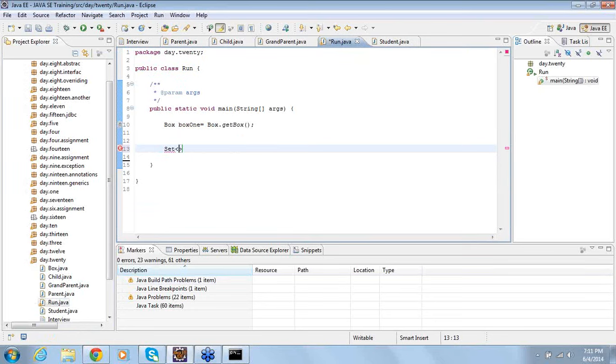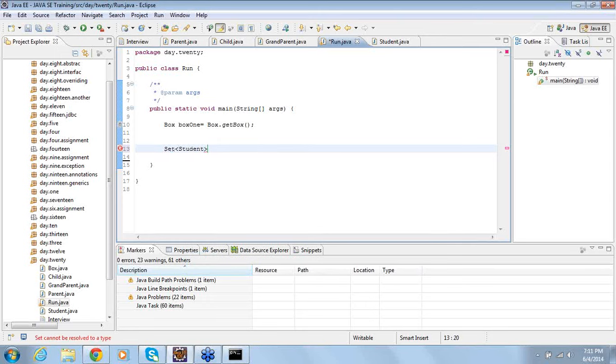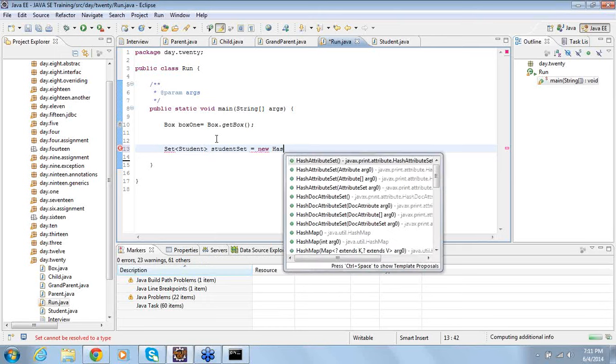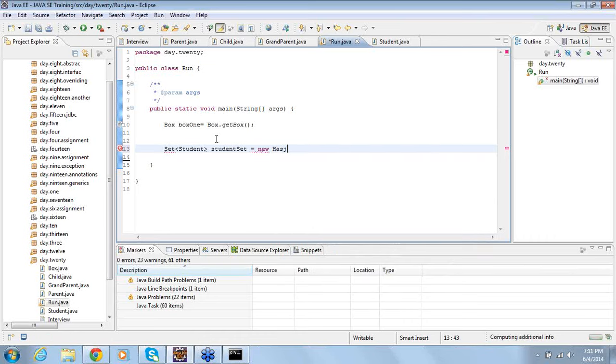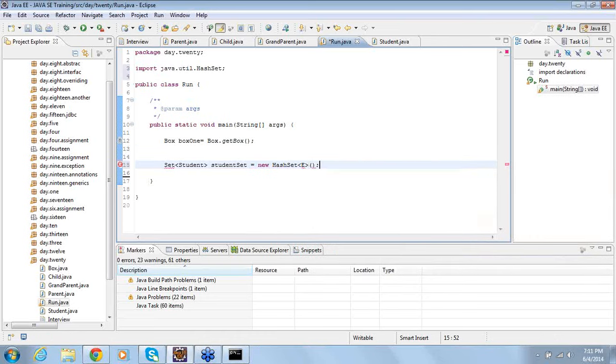Here I'm creating a set of type Student. I'm using a HashSet of type Student.